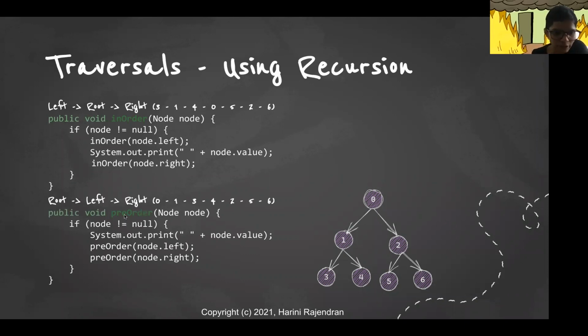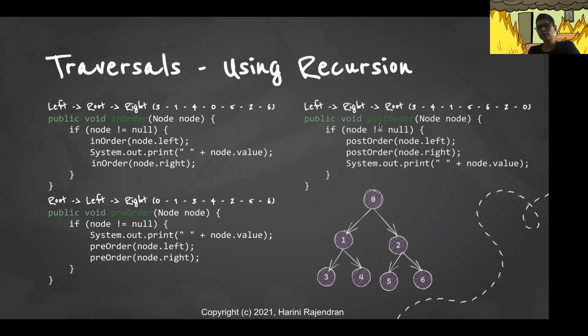Next is the pre-order traversal, where the root is processed first. So we just right away print the root's value. And then we recursively process the left subtree, and then we recursively process the right subtree. So this is the recursive implementation of pre-order traversal.